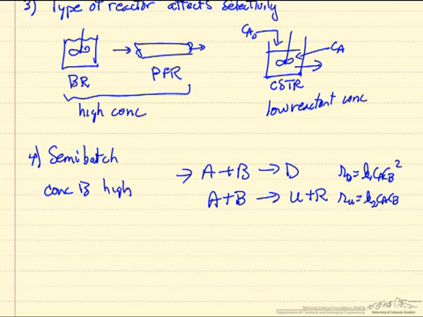And we potentially could do that in a semi-batch reactor by starting out with so many moles of B in the reactor and then flowing in A. So we're keeping the concentration of B as high as possible,